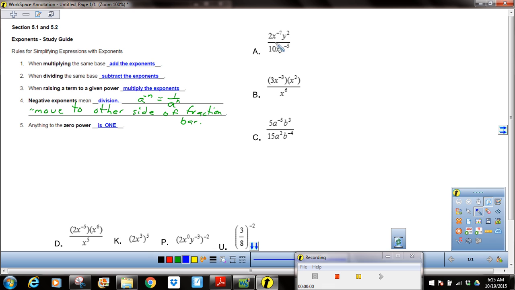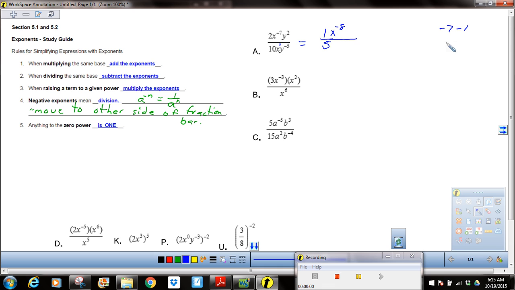Okay, this one is dividing the same base. It also has some negative exponents, but we can take care of that later. So the 2 over 10 reduces to 1 over 5. It's not exponents, but on these where I'm dividing the same base, I'll have to subtract the exponents. -7 minus 1, because this is x to the 1st, would be -8. So I've got x to the -8th,